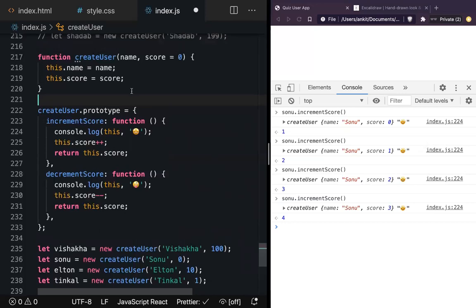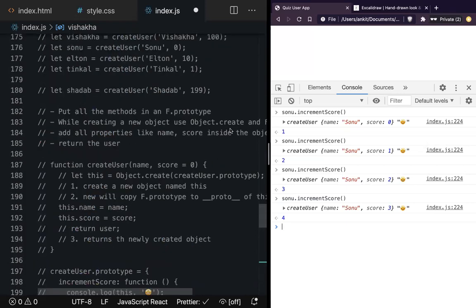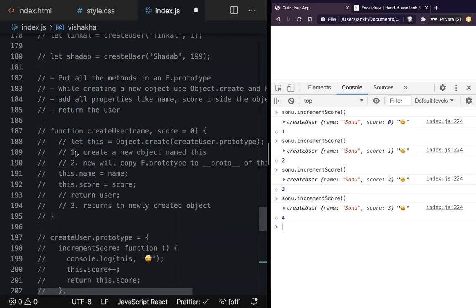So whenever you are calling a function using new, what will it return? Can you tell me what type of data it will return? Object. It will always return an object. Why? Because it creates an object and returns an object. Like what is the first step it does? Creates an object.